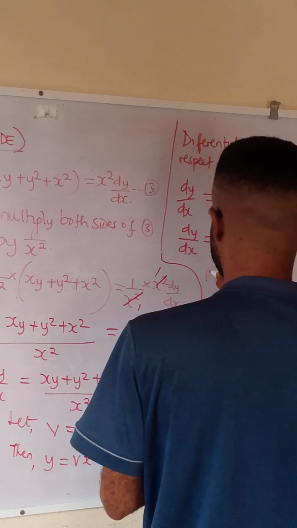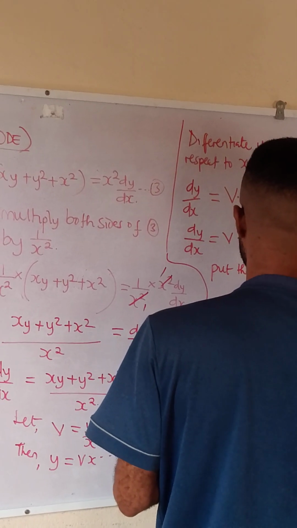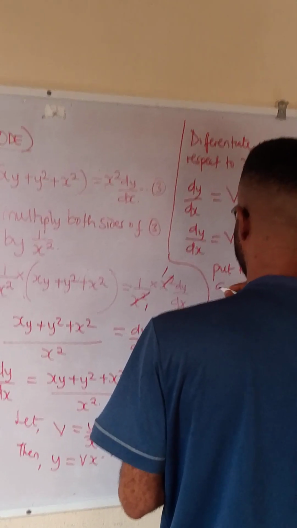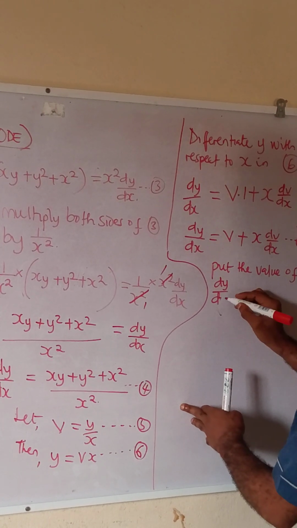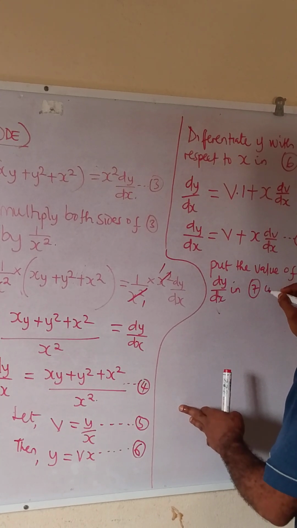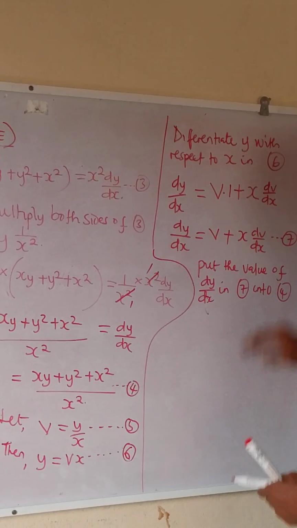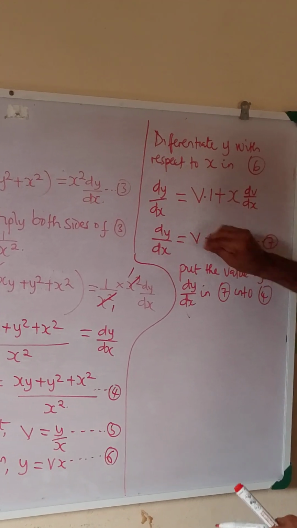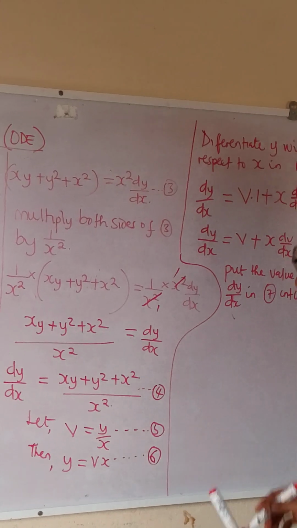And we make a mathematical statement: put the value of dy/dx in equation 7 into equation 4. So what it means is I'm going to take this and replace it here,